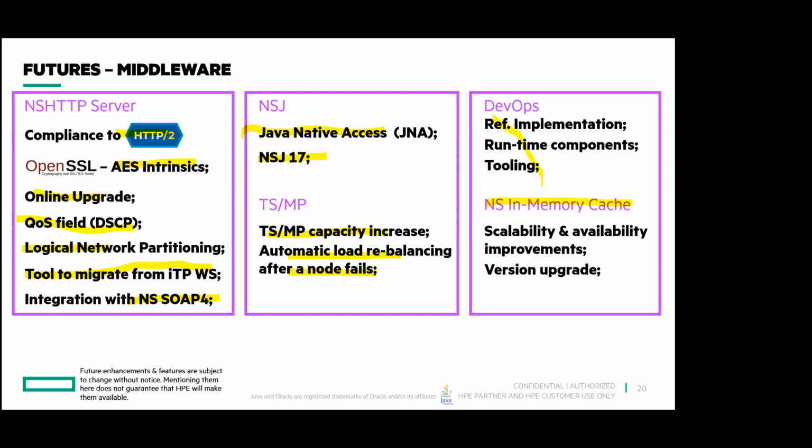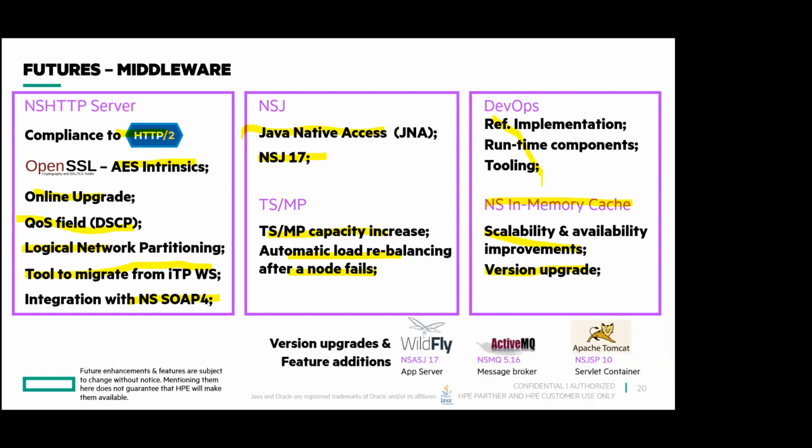In-memory cache: our version number now is 4, whereas the version running in the industry is 6 something. So we are going to upgrade it shortly. Along with it, we are going to offer much more scalability and availability improvements and more data types that you can store in the cache. And of course, availability it already provides by being an NSPP, non-stop process pair, but we still want to improve it. This is a very important product for us because it shatters the notion that if you share something, then you are bound to fail. Non-stop used to be called a shared nothing architecture, and so it is very rugged. But this enables you to share something and still be rugged. So this is an important product.